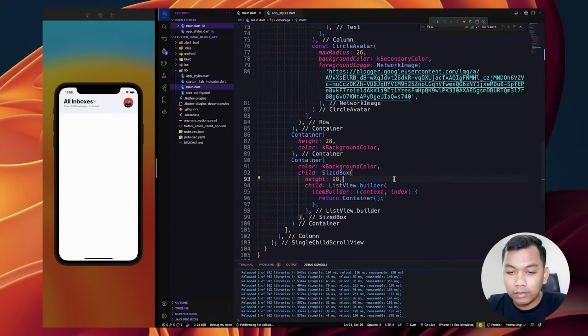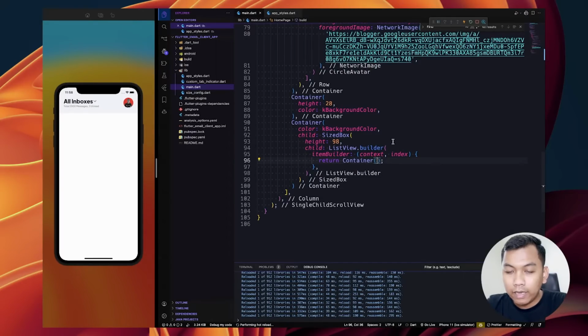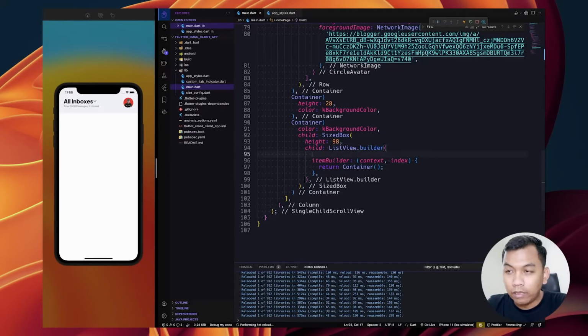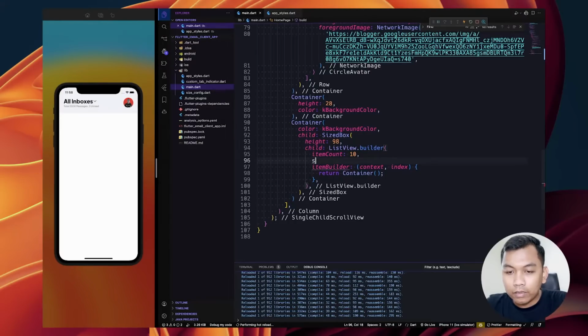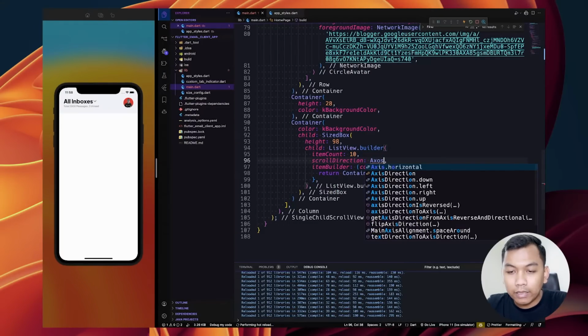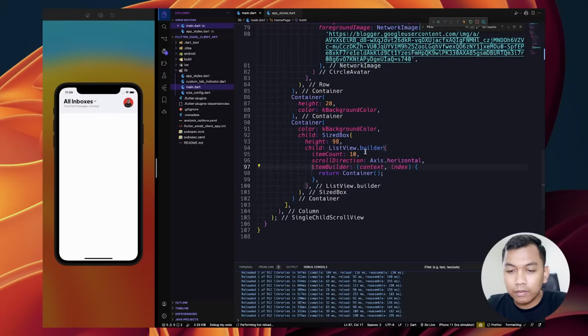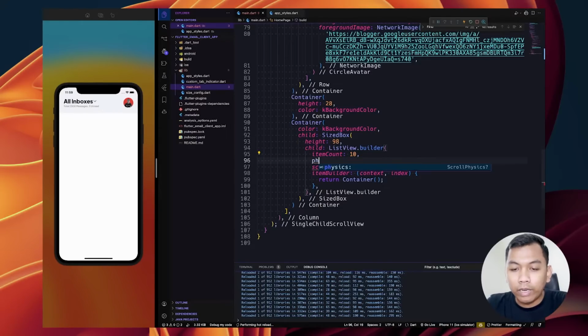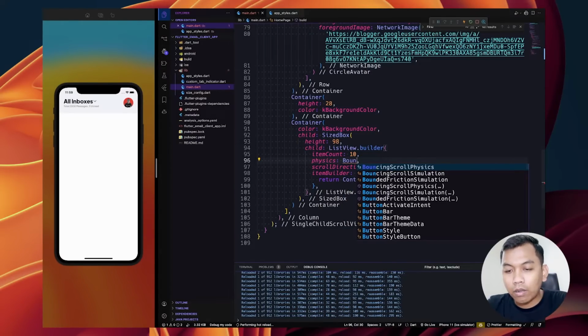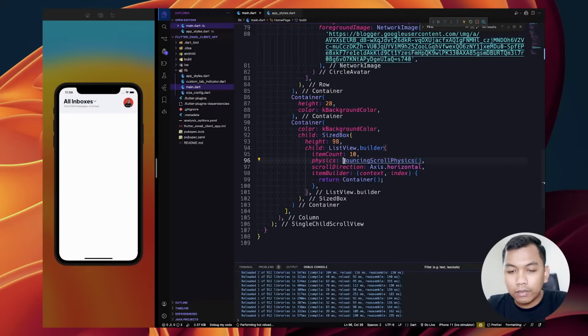Look like this. And inside this list view builder, we need to say itemCount to be 10 and scrollDirection to be Axis.horizontal. And yeah, that's enough for list view builder. Or maybe we need to add physics to be BouncingScrollPhysics. I love this bouncing effect.